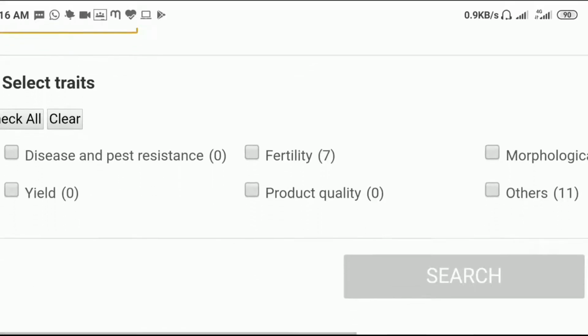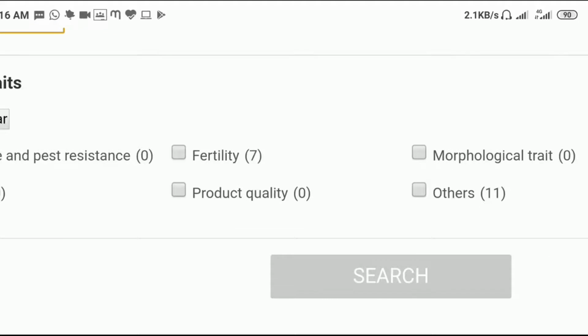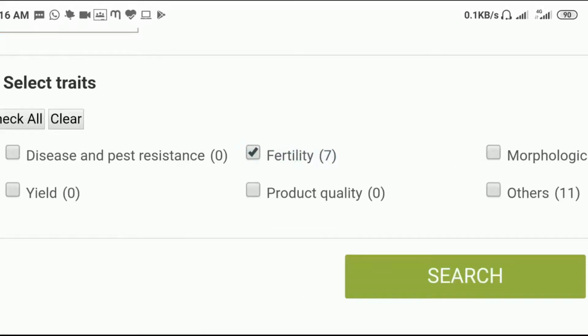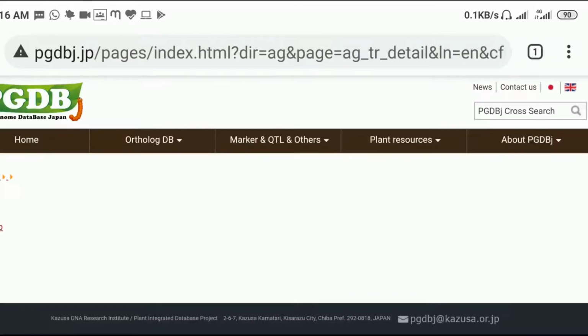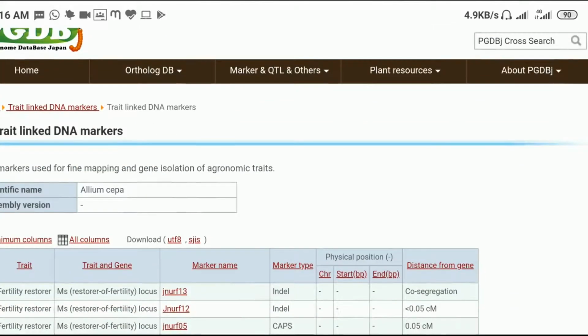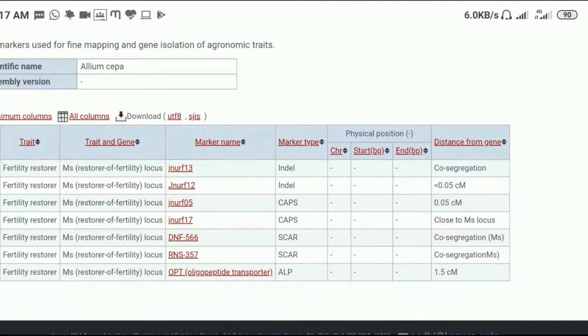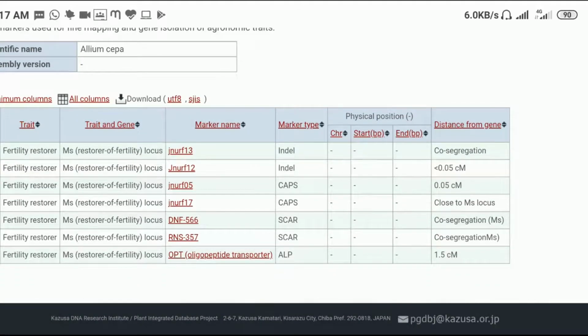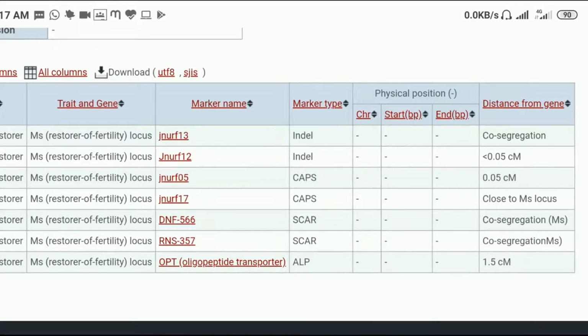So the markers are available for fertility-associated traits and others. Fertility. Now search. So we can get 7 kinds of markers which are linked with fertility.